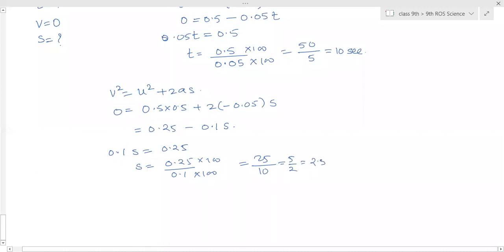So this is 2.5. We are supposed to multiply with 10, and in 10 also you can multiply, it doesn't matter. So 2.5 is this many meters. S is equal to 2.5 meters. But remember, acceleration is reducing, so the value of A you have to consider negative. Retardation you have to consider as a minus value.